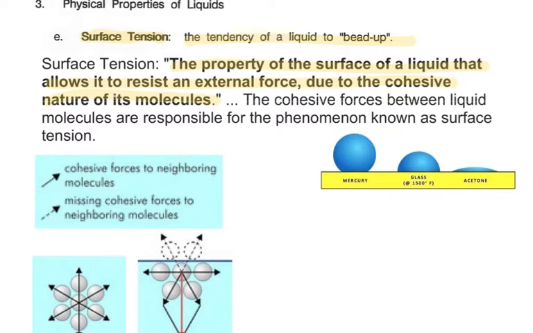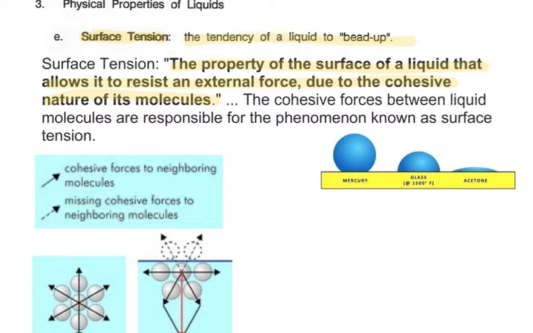We see that in the middle of the container, there are forces in all directions pulling those molecules together. But at the surface of a container, we see that those molecules are only being pulled down and in, and so that's why it starts to form this ball shape. But then there's the opposite force, which is just gravitational forces that make it want to flatten out. But the molecules inside of the drop will pull towards the center, and so the whole thing becomes a